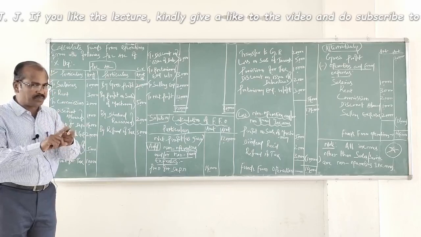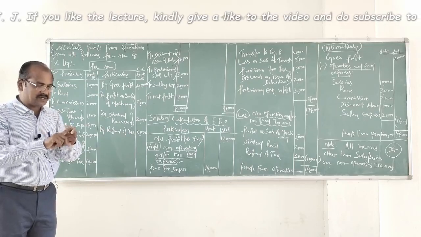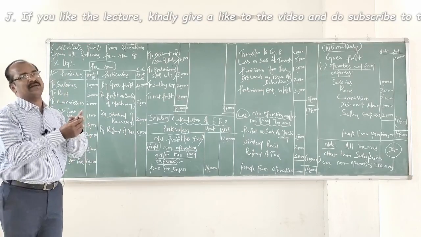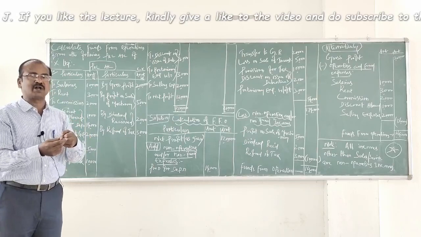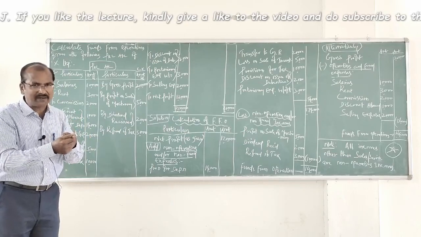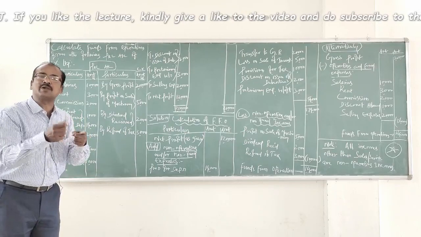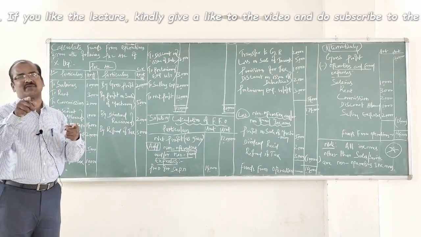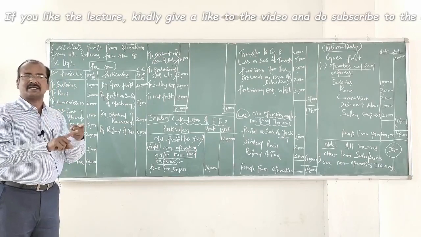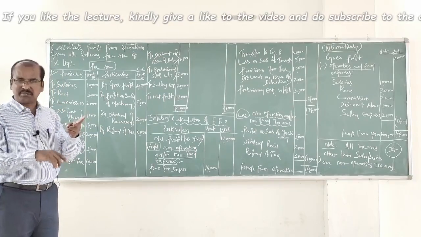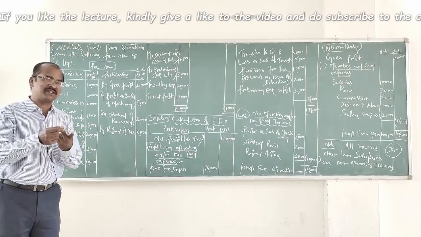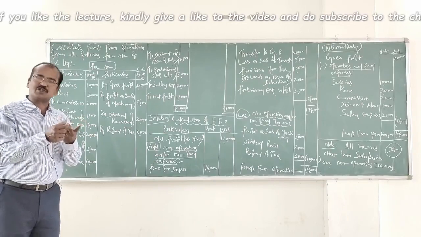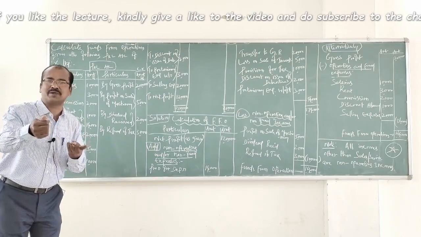Which expenditure could be ignored here? An expenditure which fulfills both. It should be an operating and fund expenditure as well. But with regard to depreciation, it is operating. We agree it could be subtracted to calculate operating profit. But with regard to the calculation of funds from operations, it should be added back because it is a non-fund expenditure. You understand? Though it is an operating expenditure, it has to be added because it is a non-fund expenditure.